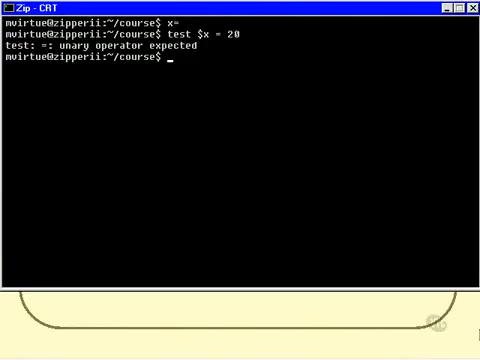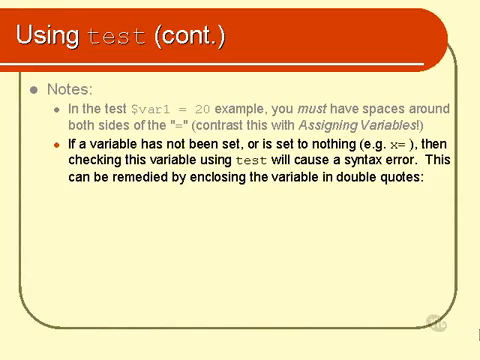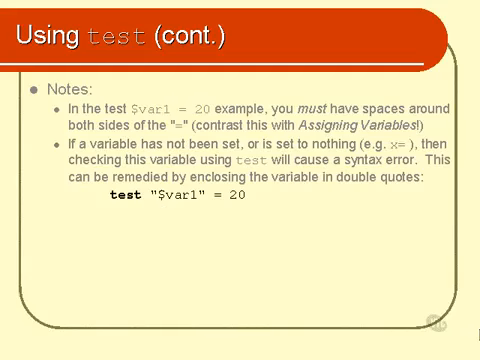We enclose the variable inside double quotes, like so. We say test, and then instead of var1 by itself, we put var1 surrounded by double quotes. Now, it's actually a really good idea to make this a good practice. Do this, well, all the time, unless you can absolutely guarantee that var1, or whatever variable you're using, has actually